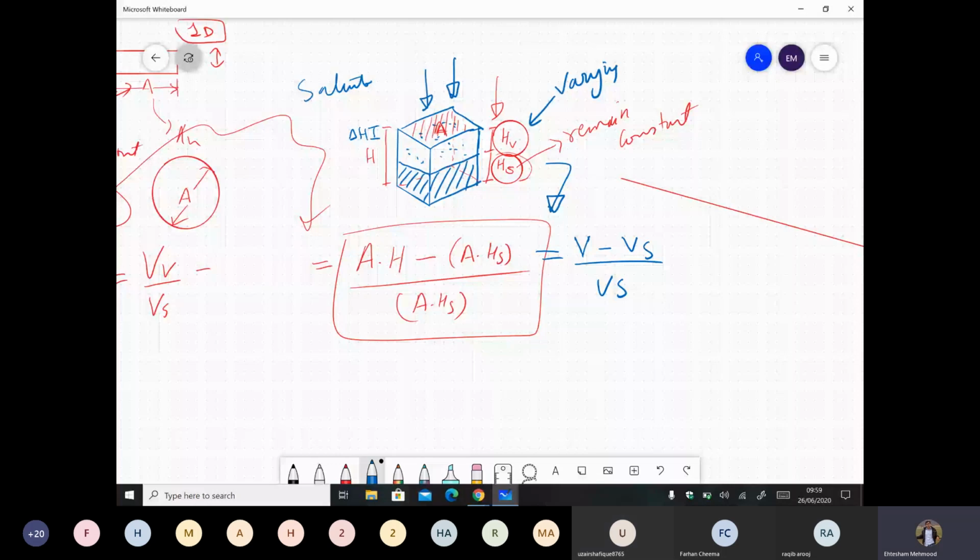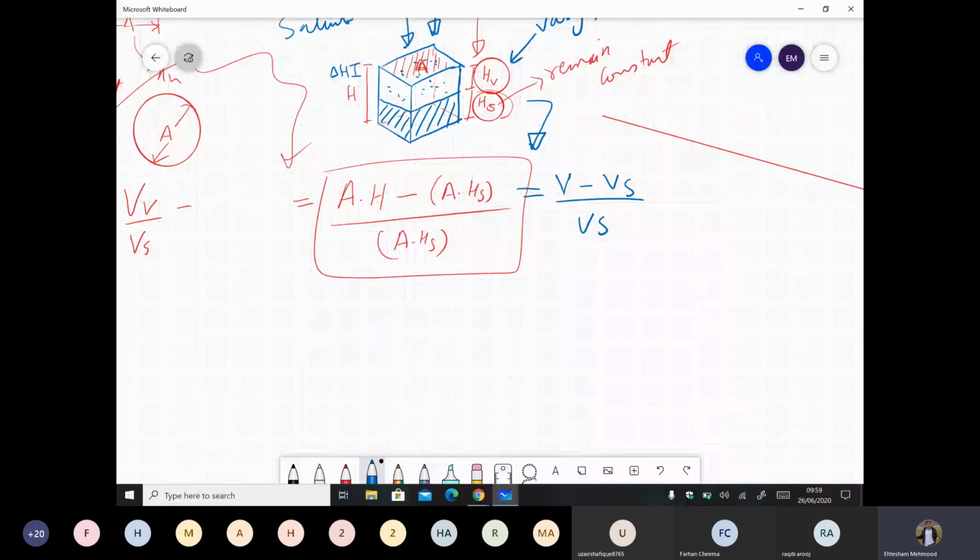Do you know how to calculate hs? Sir, the formula was given in the slides. Okay, let me tell you how that formula was derived. We know that specific gravity is equal to gamma s over gamma w. And I can write Ws equal to gamma water. So the unit weight of soil solids is equal to what?